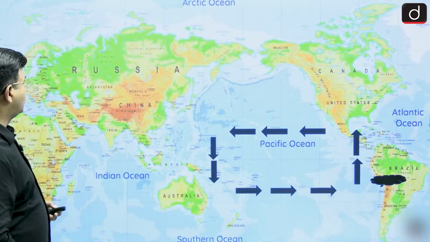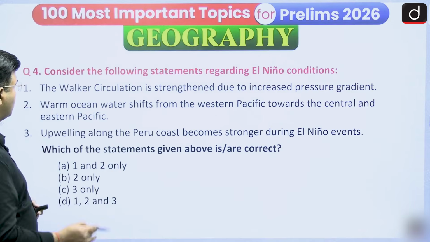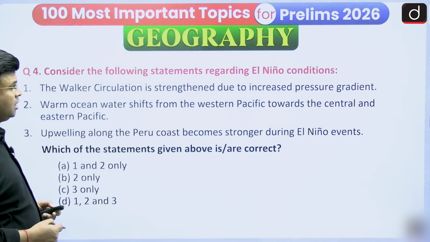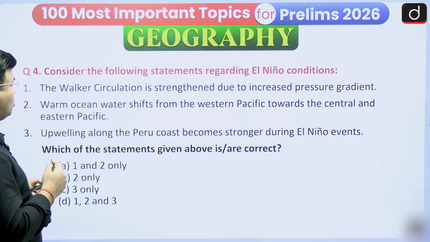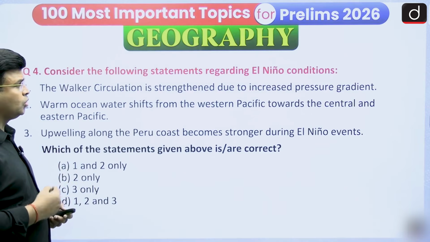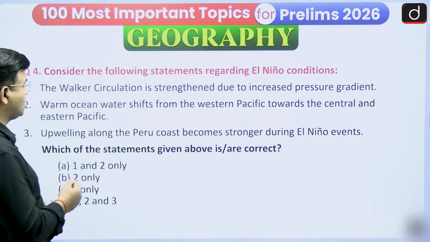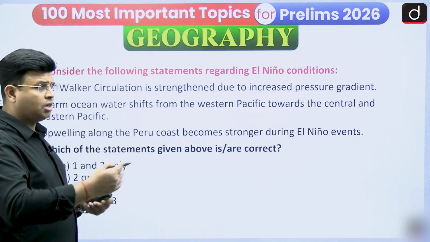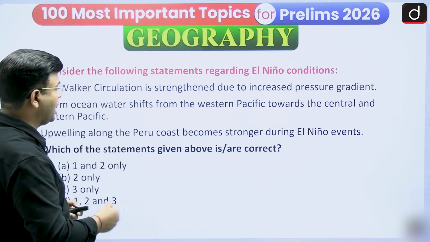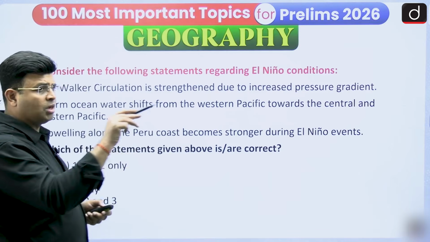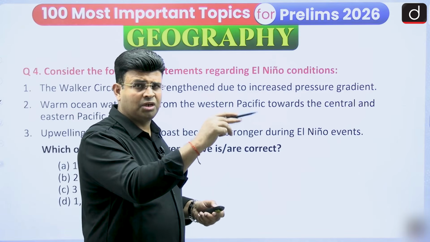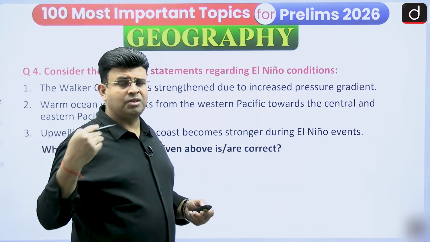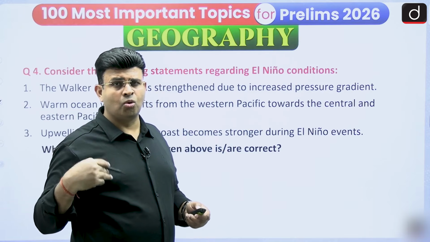And now we are going to see the next one. Consider the following statement regarding El Nino condition. The Walker circulation is strengthened due to increased pressure gradient. You know that the Walker circulation and the pressure gradient are in a strong state, and during El Nino the Eastern Pacific near the Peru coast is warmer, and the Western Pacific is relatively colder, so there is a